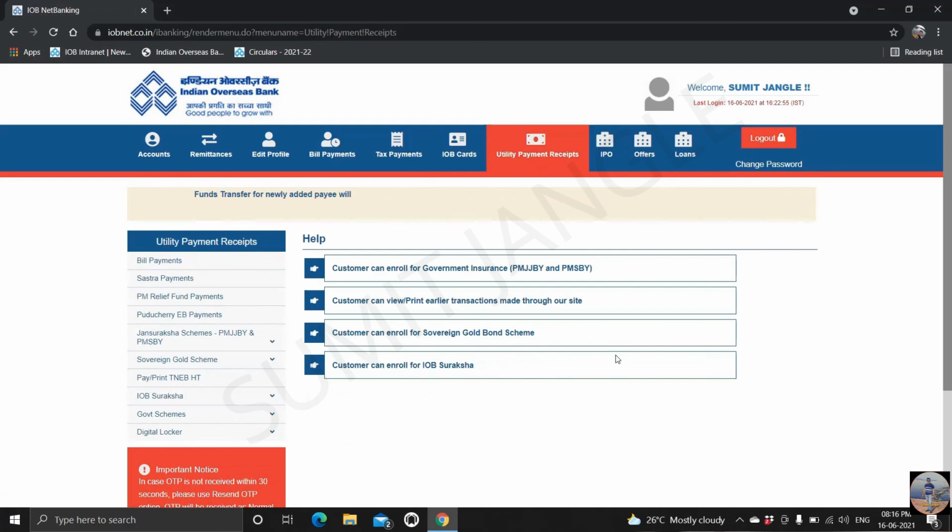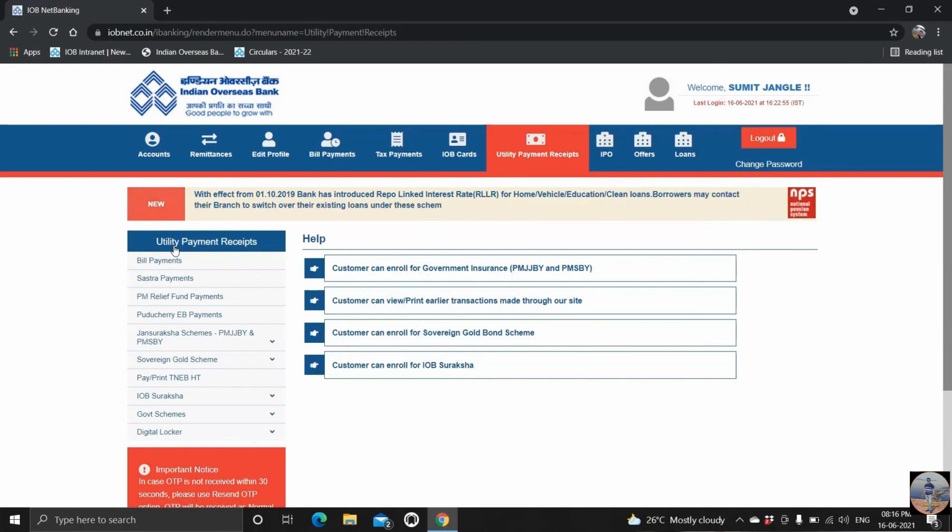There are a number of options, so I suggest you log in and check all these options. Different persons have different needs. So as per your need, whichever option is best for you or whichever option you are going to use regularly, you can check it from here. So I hope I have explained the important options very well and you have understood it very well, so that now you can easily log in and check these options by yourself.